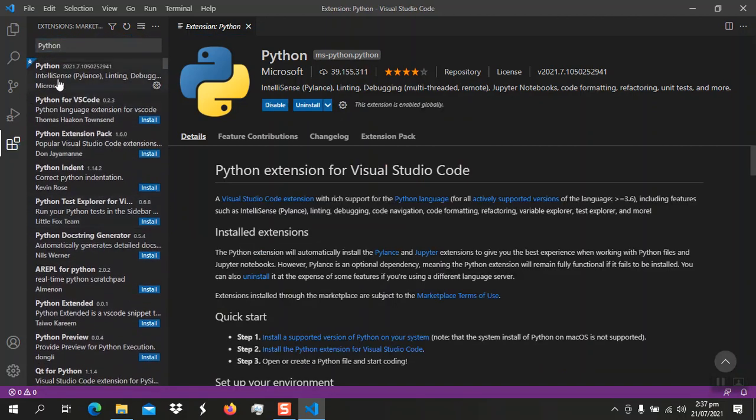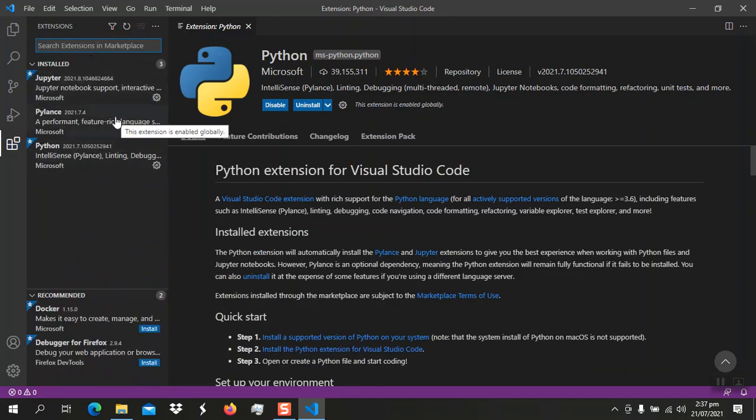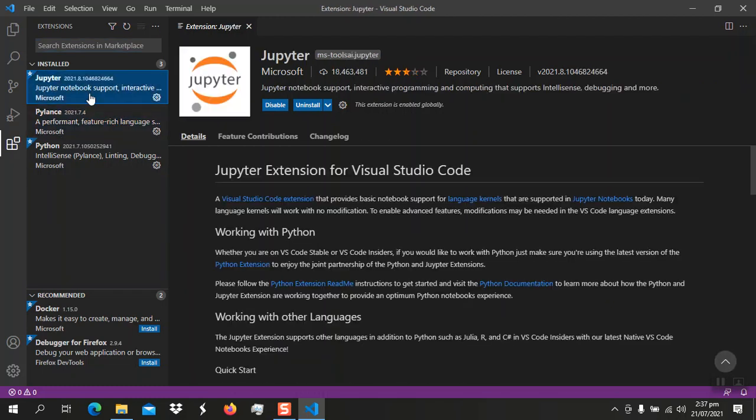Okay. All right. So this is installed and this is installed. When you install Python, it comes with Jupyter. You can now use Jupyter within Visual Studio. You can now create Jupyter notebooks within Visual Studio, but I'm not going to do that. If you want to do that,